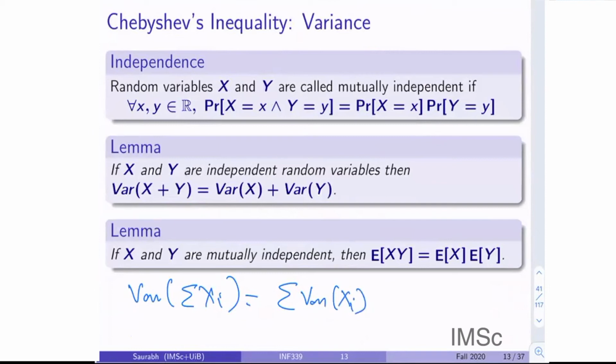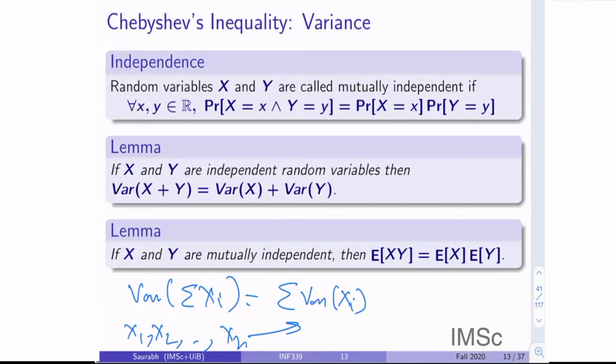You can ask, for 2 it is fine, they are just 2 independent variables, but if we have x1, x2, ... xn, what should be the condition that implies I can write this? Does it require that all x1 to xn are fully independent random variables, or is it enough that any 2 of them are independent? This is something we need to understand, and it will come into play as I explain later.